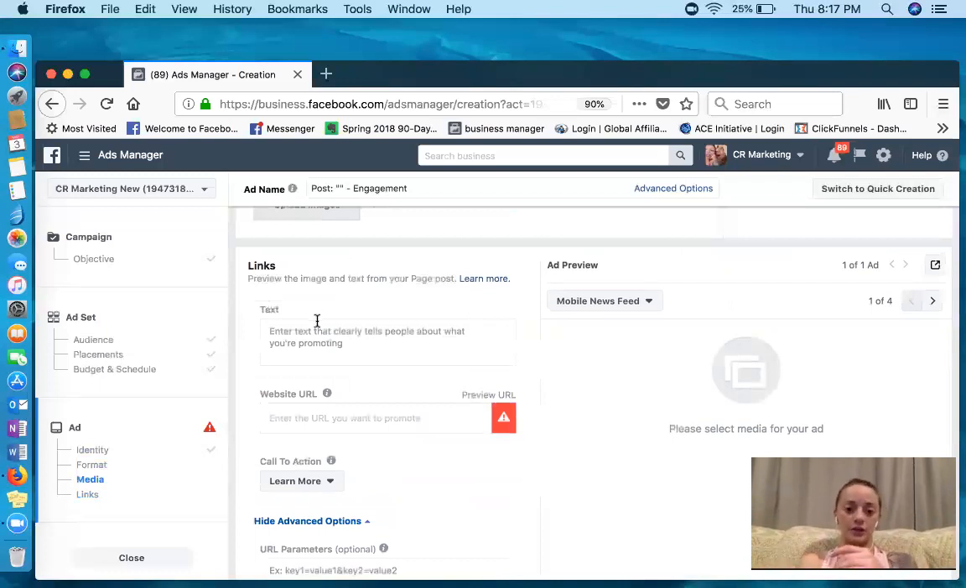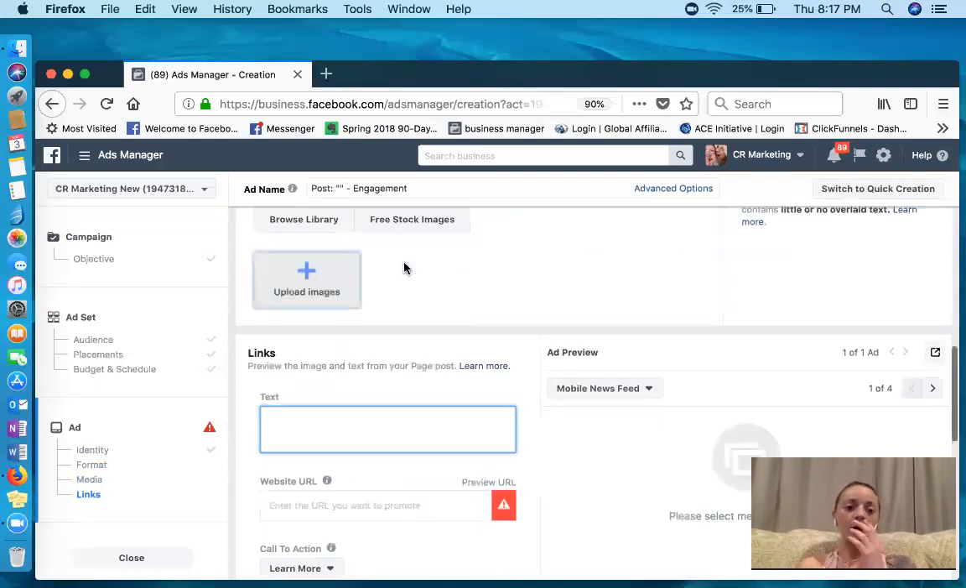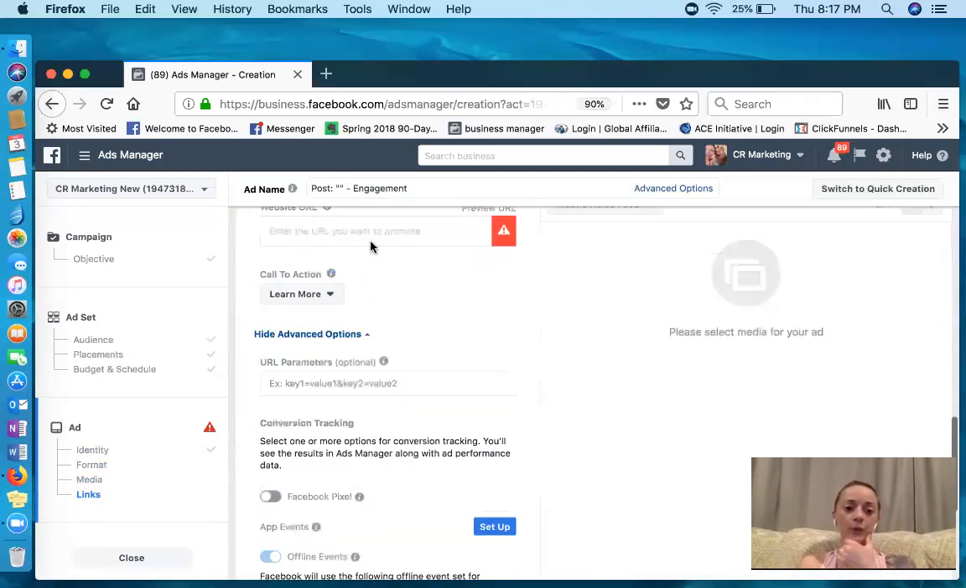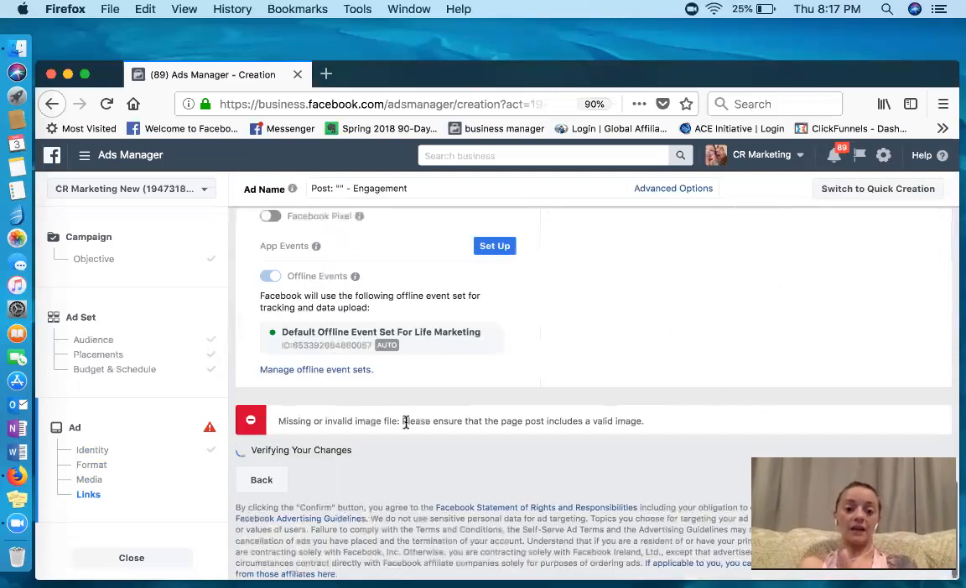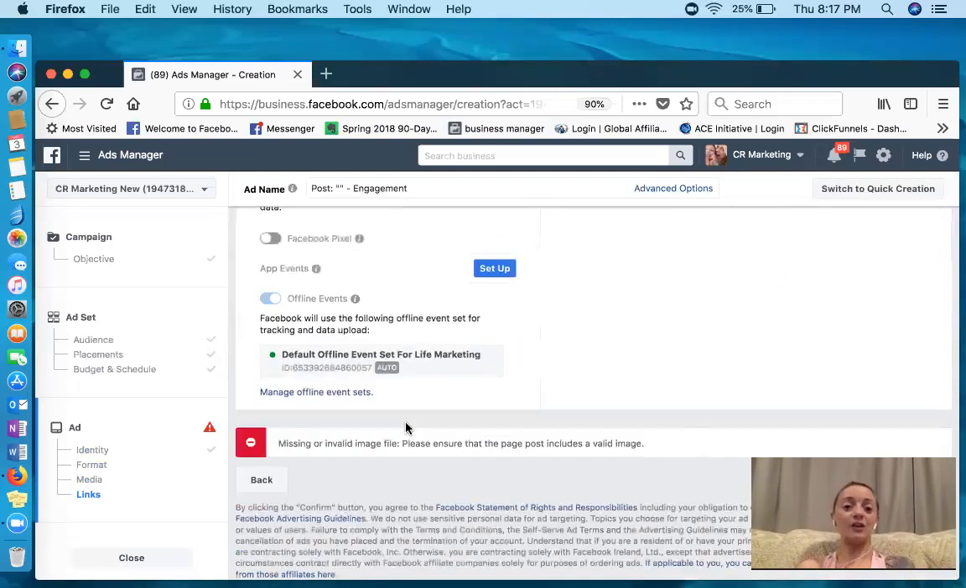So you would enter in your text, you would select your media, you enter in your website link, or you don't have to have a website link on here. You can do no call to action, and you can literally just have people engage with you, and then you would create it. Now, once you create this ad, you're literally going to have an ad out on Facebook land,